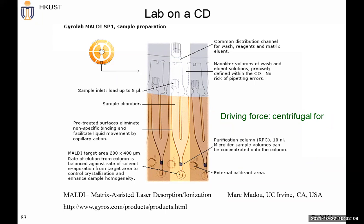I mean, using electro-osmotic flow, electrophoresis tools, and then we also have electrowetting based microfluidics, and then lab on CD, where the driving force is again centrifugal force, right? So this is also quite important. Of course, why this is useful, because